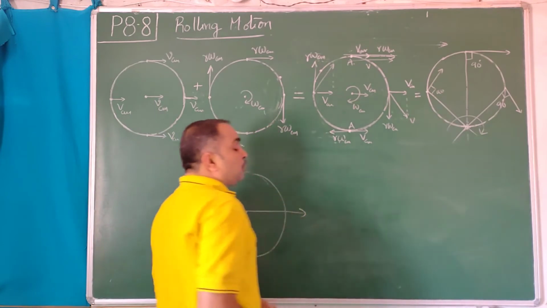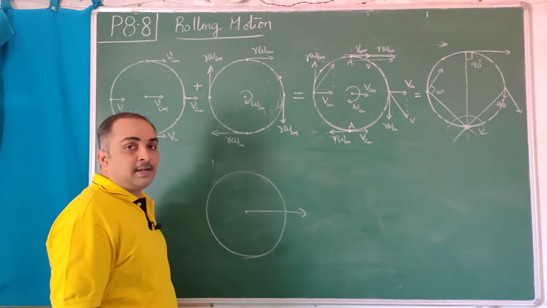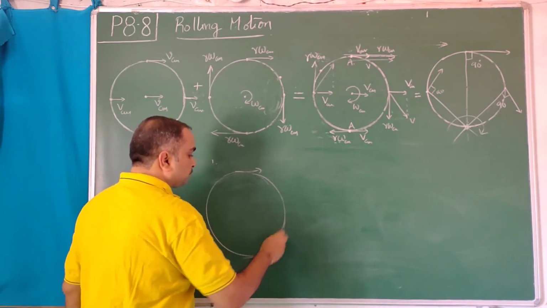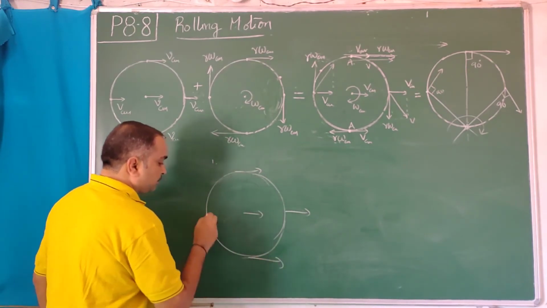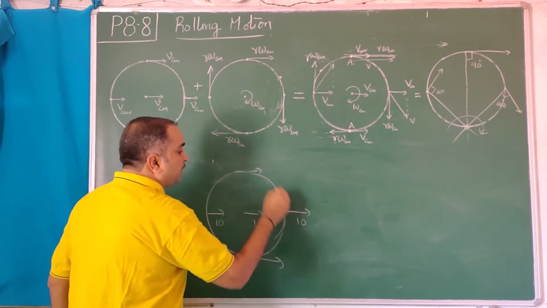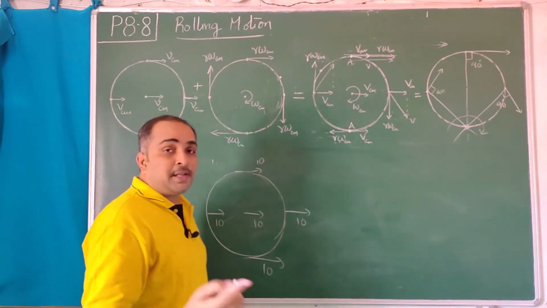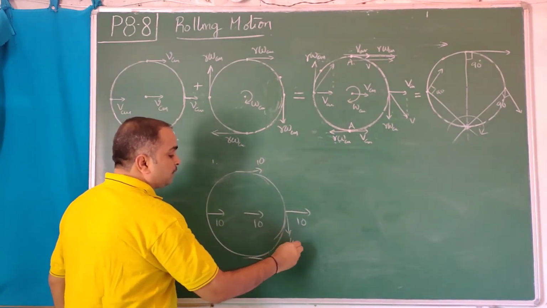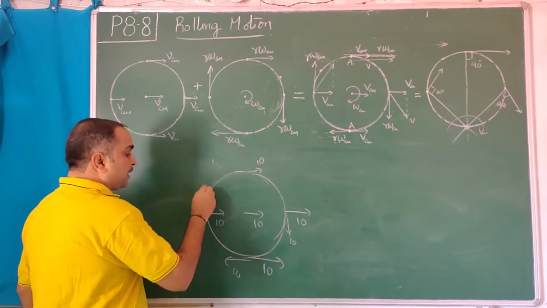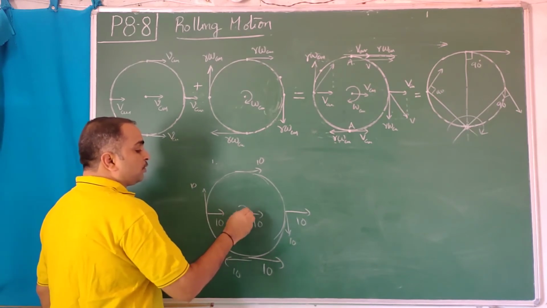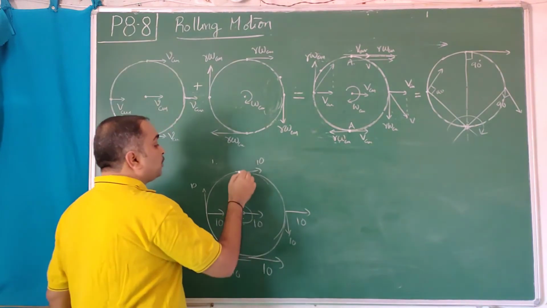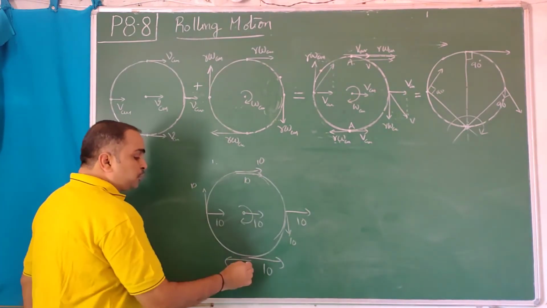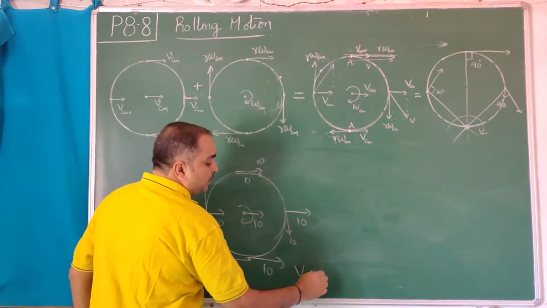This wheel is moving, rolling, the vehicle is moving at 10 meters per second, means what? So see, VCM is 10 everywhere. Now I have given one more condition, that it is rolling without slipping. Then 10, 10, 10. This point will be at rest: R is 0, omega is there. So this is also 10. Now if they ask any point's velocity, lowermost point velocity, 10 minus 10, 0.